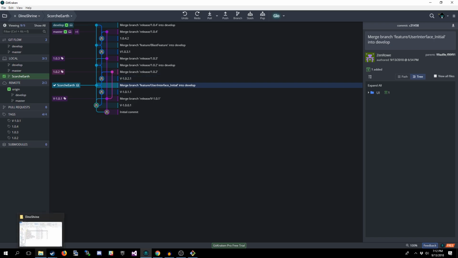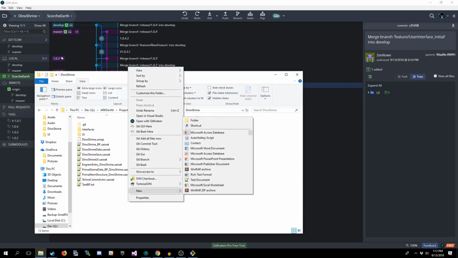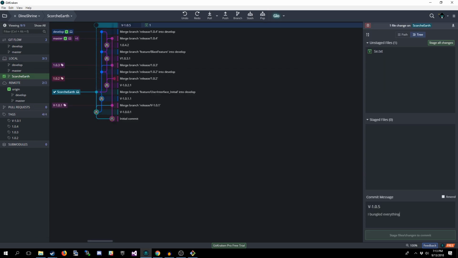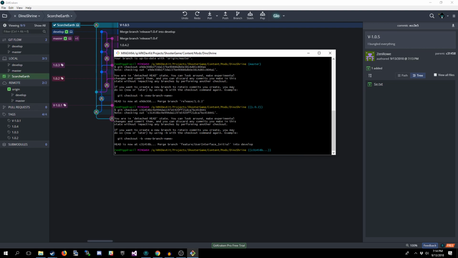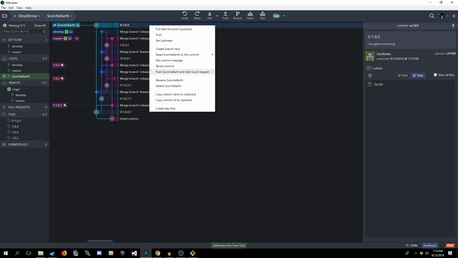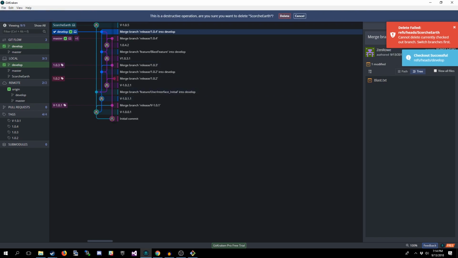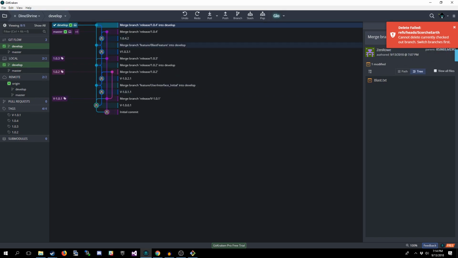And then, if we go create a new text document, okay, let's just assume I broke everything. We needed to start all over. All of the changes, all of the features were terrible. Just commit that one change. But, beyond going back and rolling back there, that's when things start going really wrong. And you might actually want to go back into command line and deal with cherry picking and things like that. So there'll be some more learning to do there. But as you can see, this video's already gotten pretty long, and all we've been dealing with is sort of the basics. Let's go ahead and delete that terrible branch, the signs of me making mistakes.